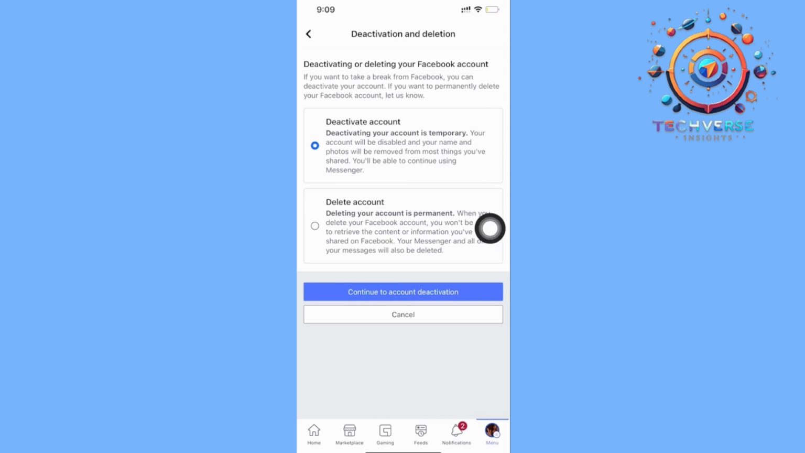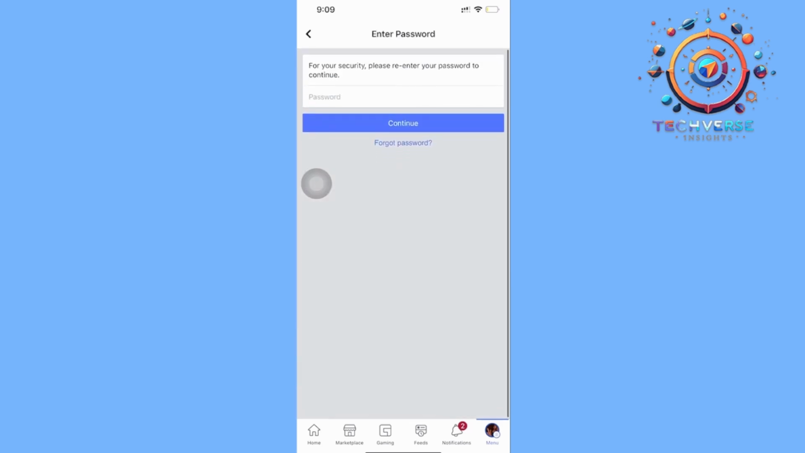The first one is to deactivate our account, and the second one is to delete our account. Now, since we want to go ahead and deactivate our account, let's click on that option, which is the first one, and I want you to click on continue to account deactivation. Now, once that is done, obviously, all we need to do next is to enter the password for this account,